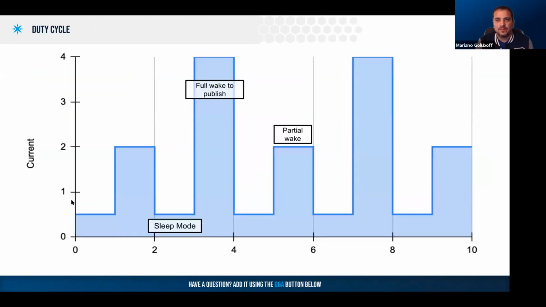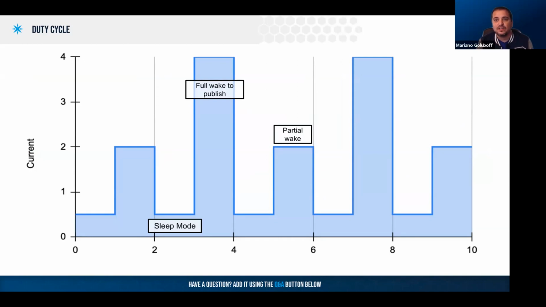Another way to extend battery life is to use a tracker that can wake up and collect data without going into full power mode every time it wakes up. For example, you might have an application where you need to log temperature every 30 minutes, but you do not need to publish it to the cloud on every wake cycle. Maybe you accumulate the data and send it once per day. Maybe that's enough. Or maybe you just need to publish an alert when the temperature is over a certain limit.